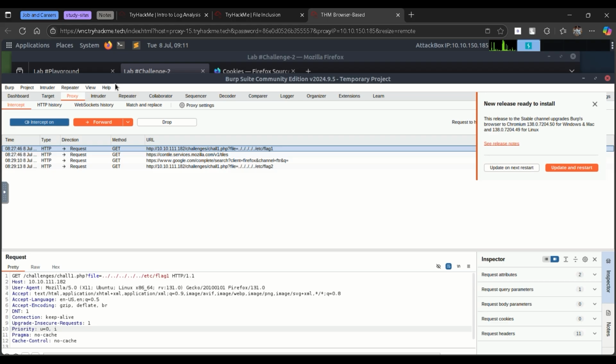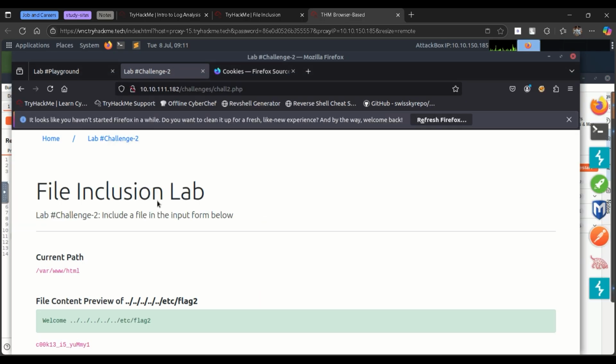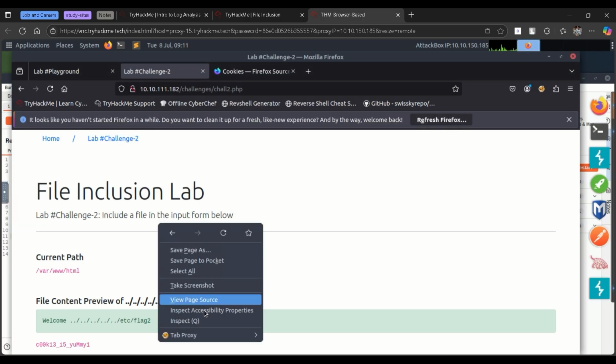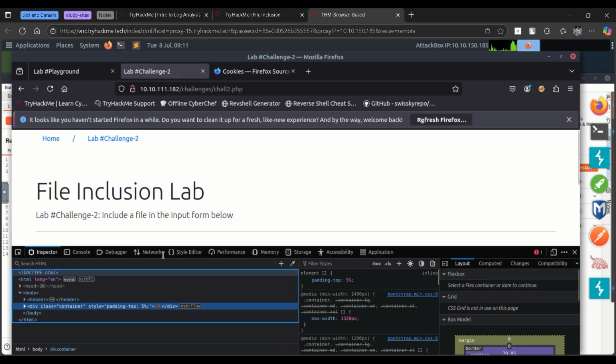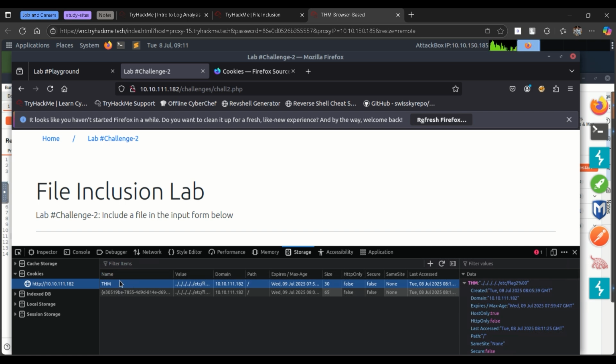The only thing I change is send it to the repeater and change the get request to a post request, and that's it. Except for these I have done a few more changes. Where's my Firefox? Get it open. Those changes are going to inspect, and then we go to the storage. See, I have changed the value here to this is what we were to type in the above, like this is the 5